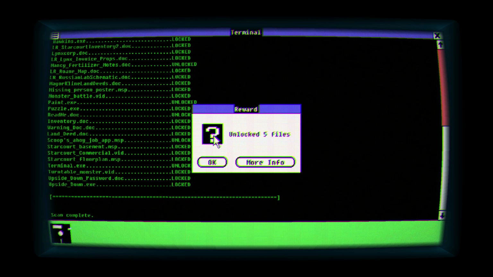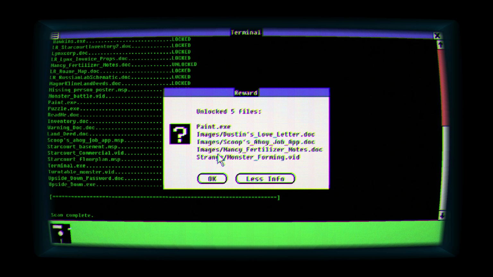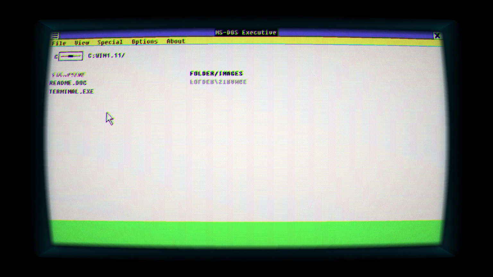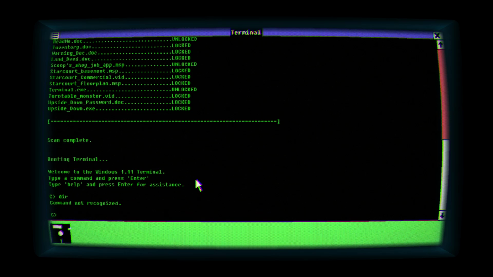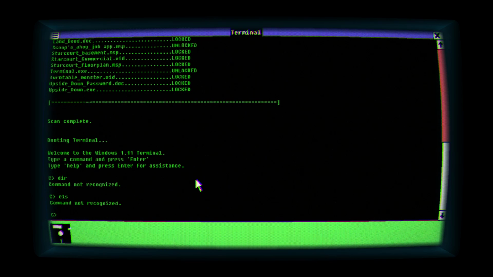So it says unlocked 5 files. Just by doing that, we've unlocked 5 more files. We can press more info, and you can see that we've got a couple of things here that we have unlocked. So we go ahead and press OK. And just to show you, when we go back into this terminal right here, you really only have like 2 commands that you can do. If you try to type a regular MS-DOS command like dir or CLS, it just says command not